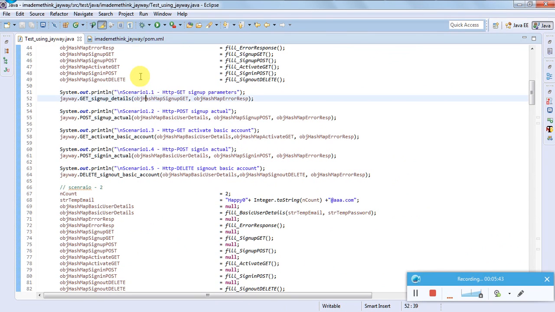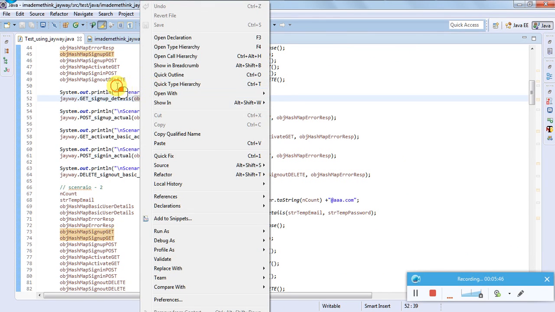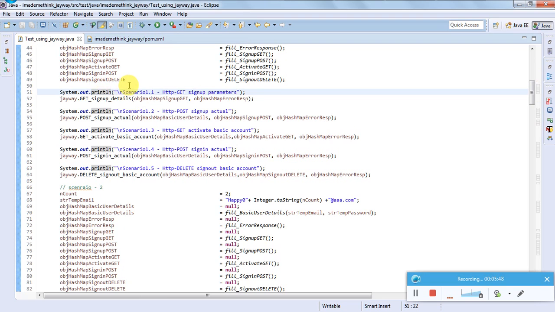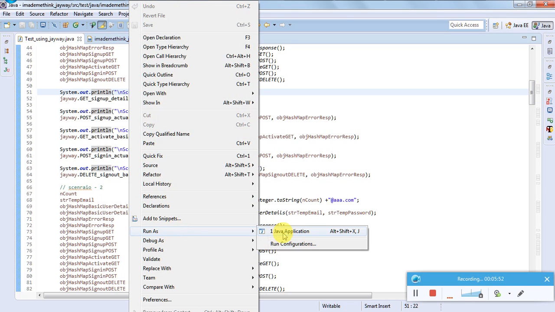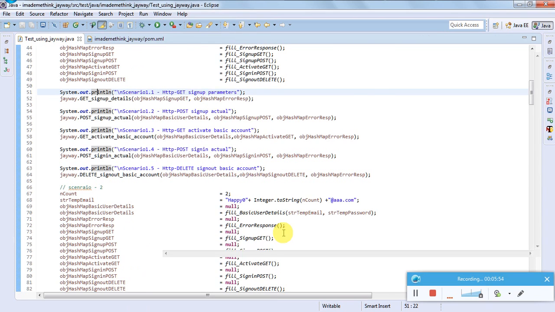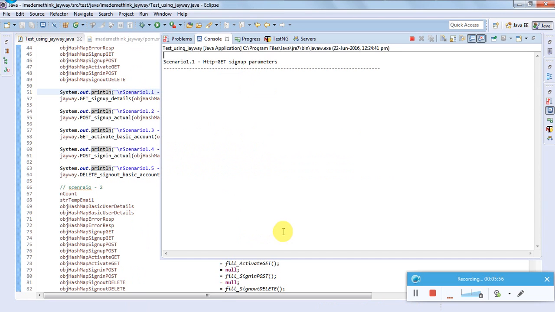Okay, scenario 1. I'm running all 6 scenarios in one shot. As it is a Java application, I run it as a Java application, and let us see what happens.